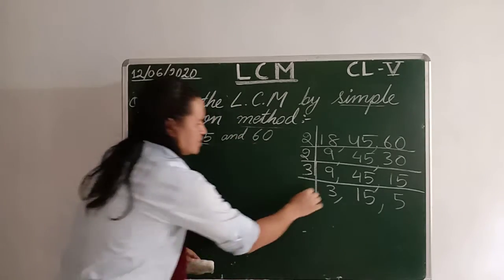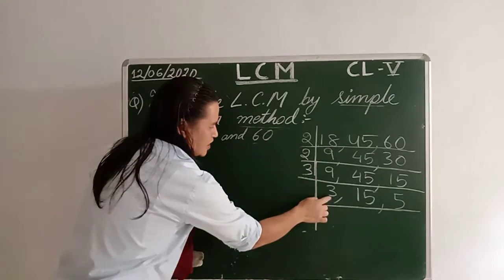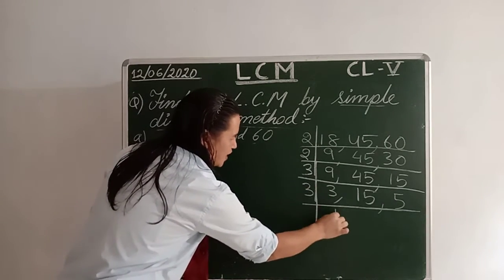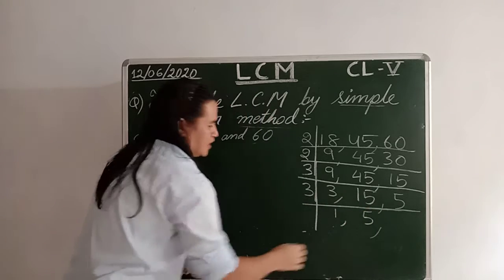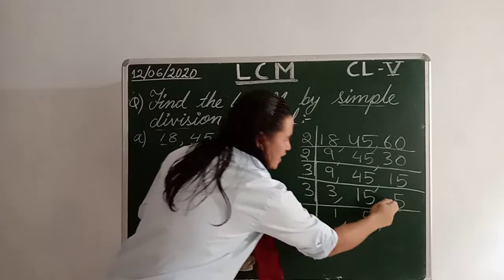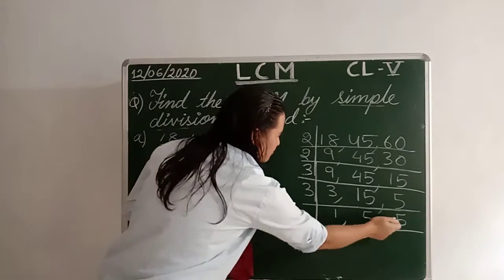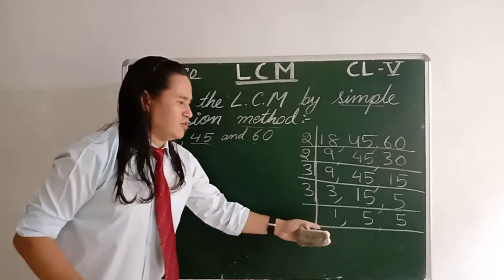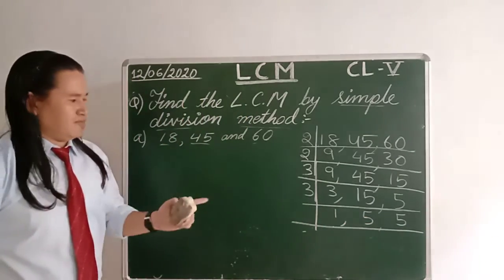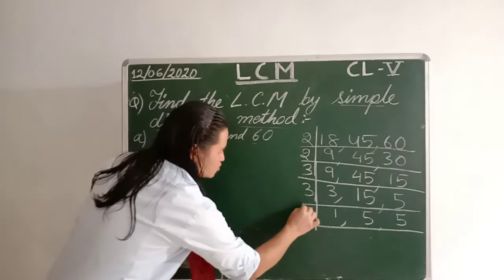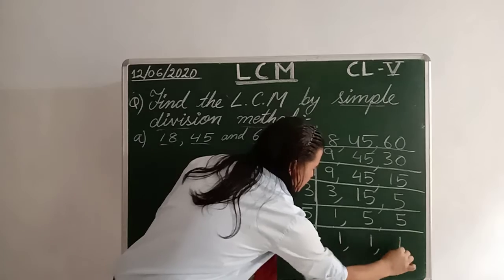Similarly again you can see here which number can be broken down by 3. This 3 can be broken down 1 time. 3 1s are 3, and 15, 3 5s are 15. Now 5 we cannot break down by 3, so we write it as it is, 5. Now we got 1, 5, 5. By which number can we break down? Since it is a prime number, 5 and 5, no other numbers can be used to divide that. So it goes only one time. 5 1s are 5, 5 1s are 5.